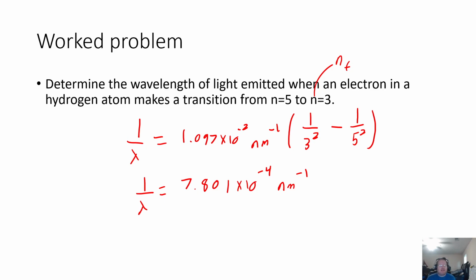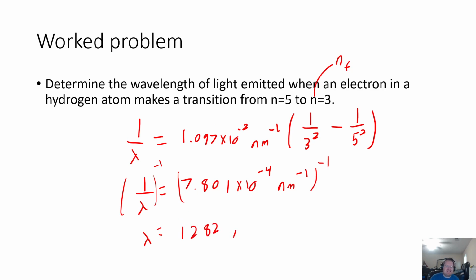So now we need to get wavelength by itself. There are two ways to do this. One is you can multiply both sides by wavelength and then divide by 7.801 times 10 to the negative fourth inverse nanometers, and that'll give you the value for wavelength. We can also invert both sides, where we raise it to the negative 1 power. Inverting, as long as we do it to both sides, flips both of these. So we end up with wavelength, and then we invert this number, just 1 over it, and we will get